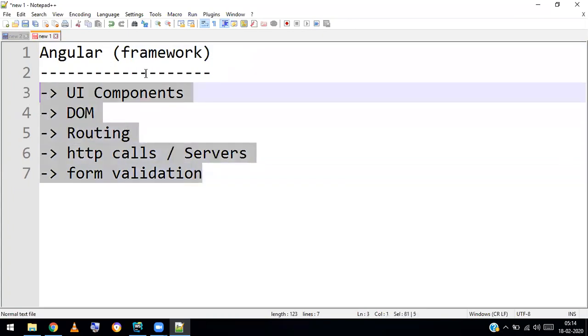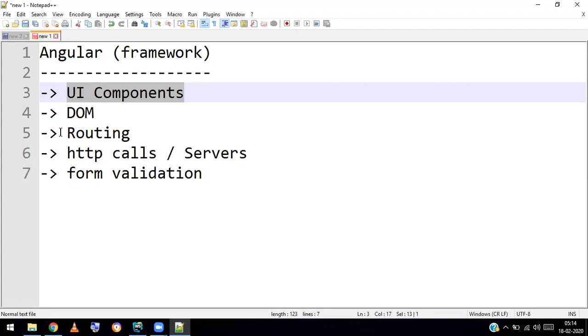So Angular comes under the category called framework because Angular provides all these things built in. Angular will provide UI components. When you talk about UI components, Bootstrap also does UI components. But Bootstrap is a general software for every application. With Angular, React, or Vue.js, you can use Bootstrap. But Angular itself has its own UI component library called Angular Material, given by the Google people to provide rich UI components. But we can manage with Bootstrap.